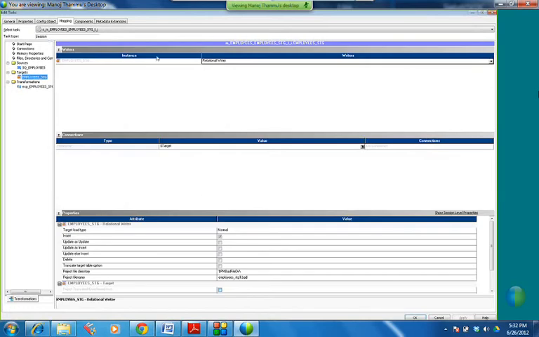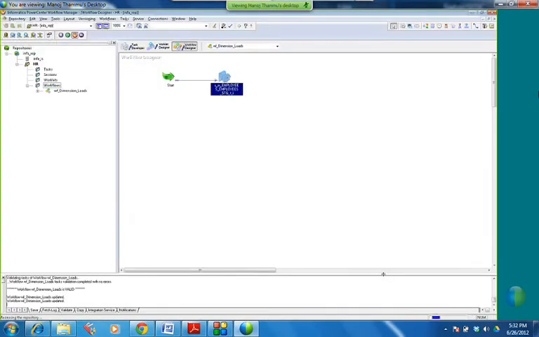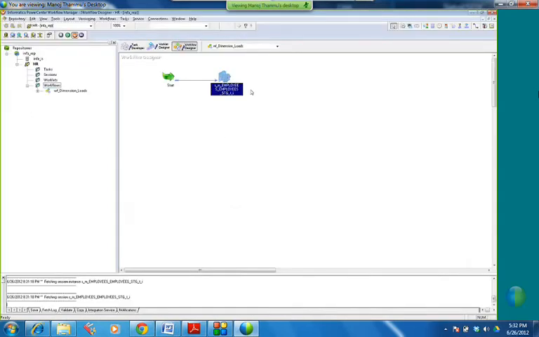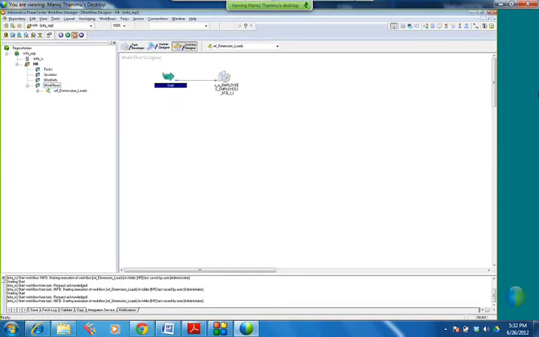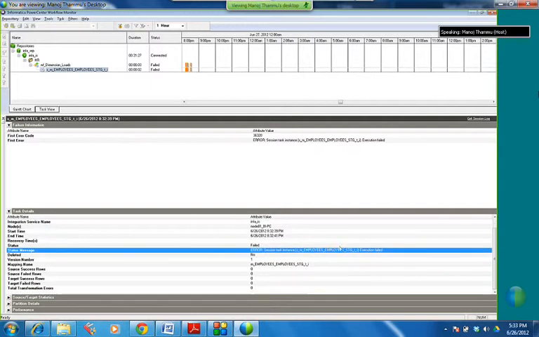Now we already have the data in the target table. If I rerun the mapping, what will happen? It will fail. So I have a truncate target table option here. So I will select this option and run it. What will happen when I run this? When my Informatica session runs, it will truncate the table before loading the data. Which table? The target table. So now I run the start workflow from top and it failed. Why did it fail? We have to see.